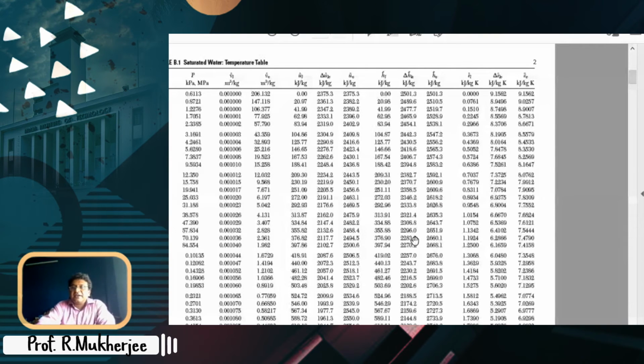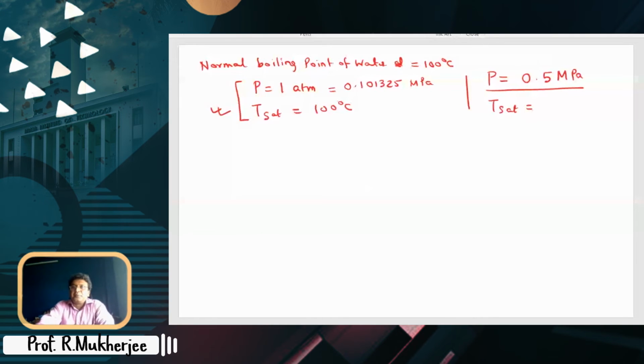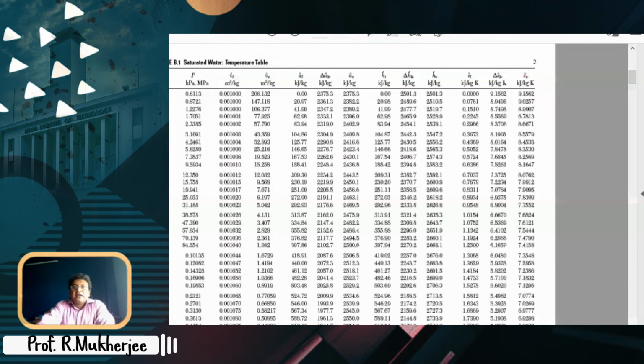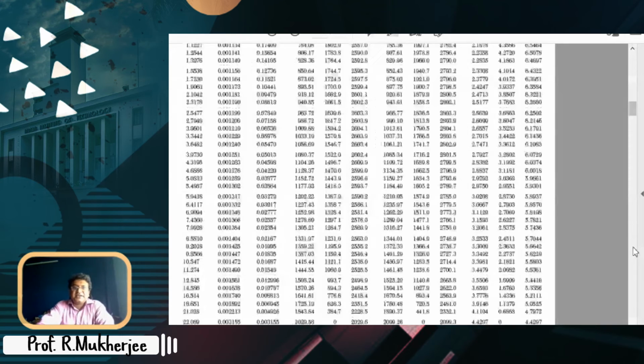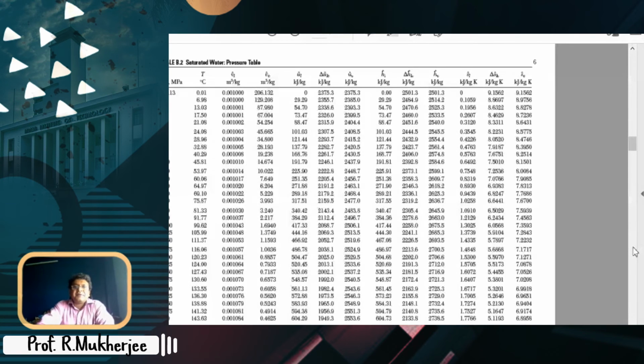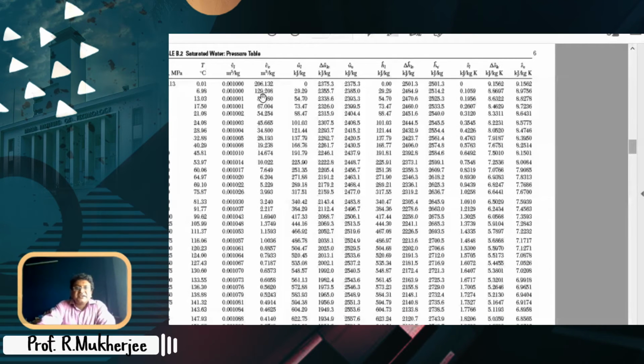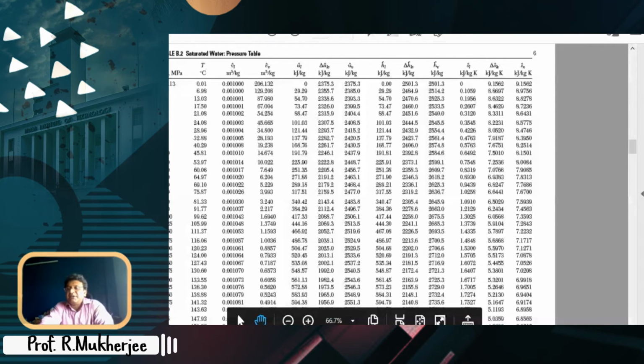So see, what I have written is, Samira, this is for you. Pressure is 0.5 megapascal, and I would like to know the saturation temperature. So what table should I refer to? Is it useful to look from temperature to pressure or pressure to temperature? Of course, it's more useful to look into the pressure-temperature data. Therefore, I straight away go to the pressure table and find the saturation temperature for 0.5 megapascal. And here is the data, pressure-temperature. Shayan, absolutely. Samira, this was your question. So are you clear with it? So if you do that,